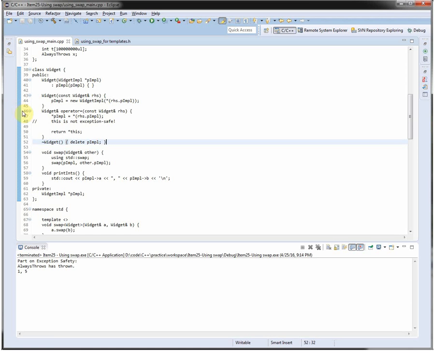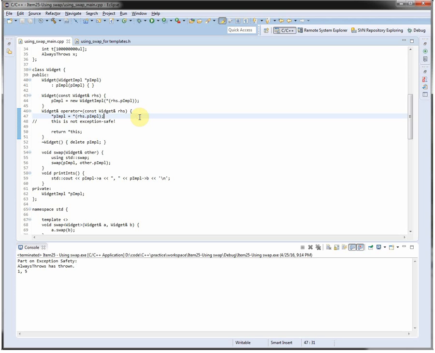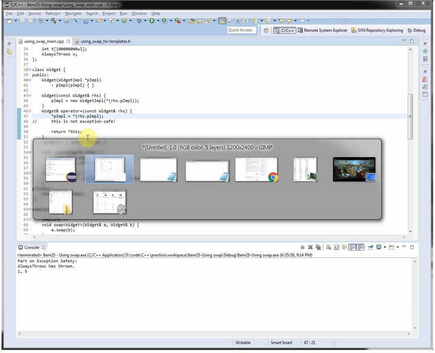So the stuff for copy assignment, what we were looking at on the whiteboard just now, is this function right here. And what we're going to do is say that the data that is pointed to by the pointer to implementation is equal to the data pointed to by the pointer to implementation of the right hand side widget, the RHS widget. So if we go back over to our whiteboard,